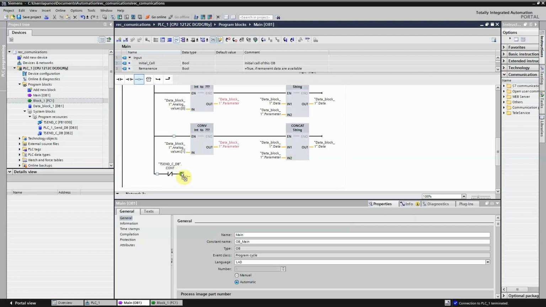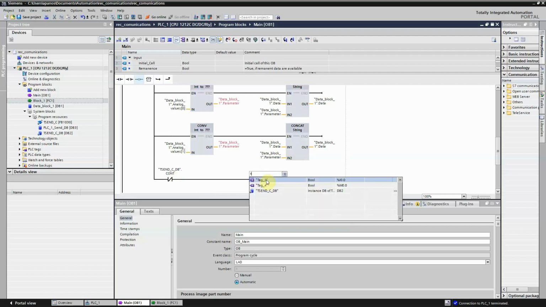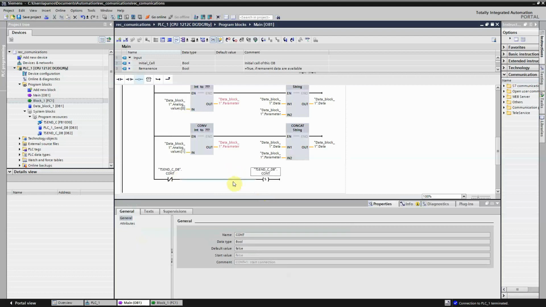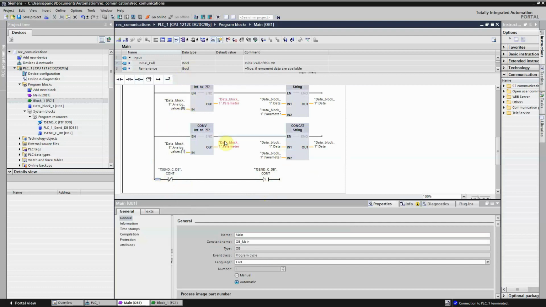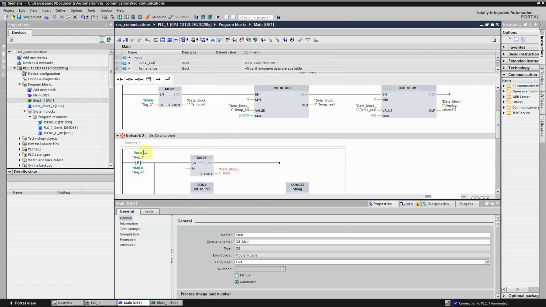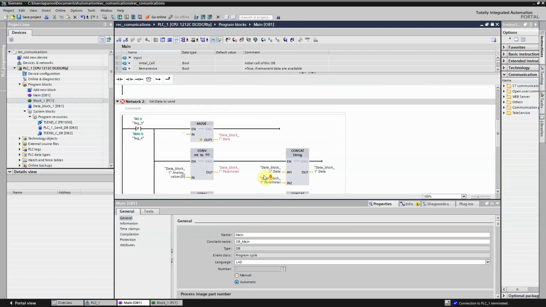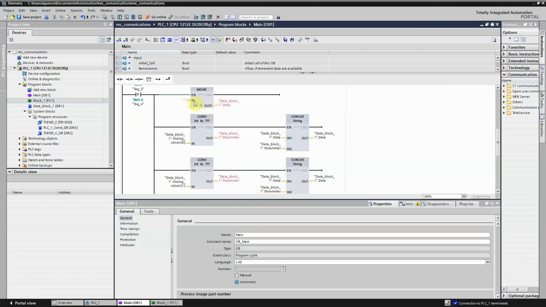So over here we set our TSEND_C DB connect. So if connect is not set, we will set it to 1, and by doing this we will start up the communication. So next thing, when we press I0.0, this normally off button, we move our reading from